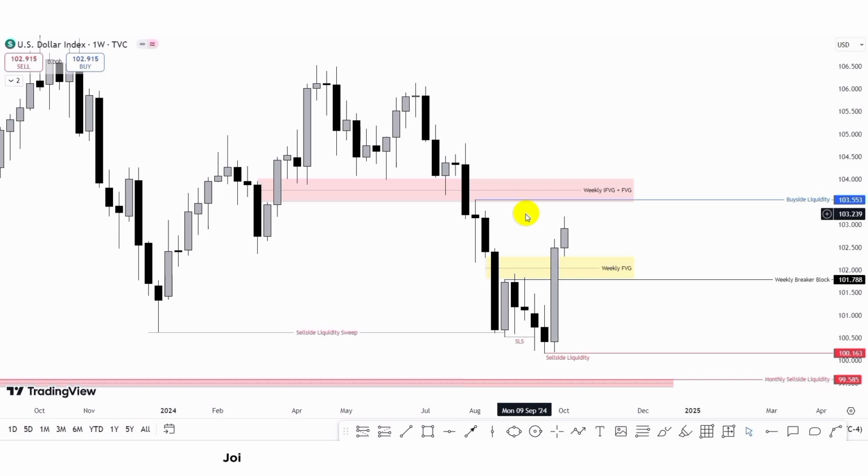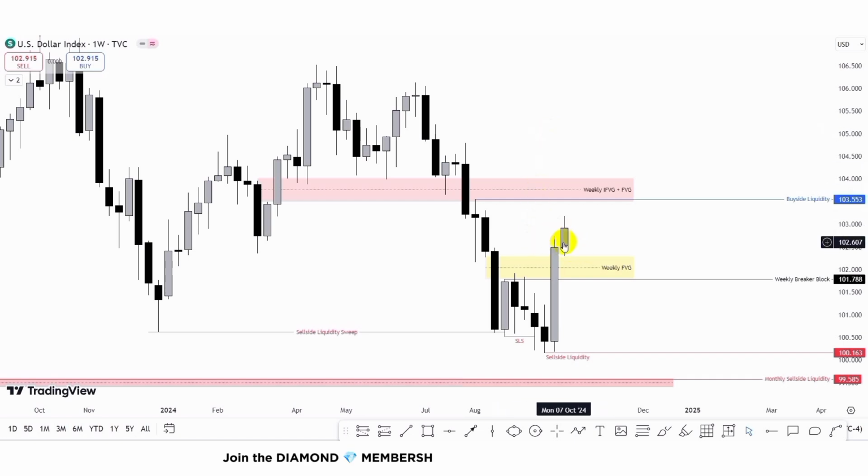Let's head to the chart to look at the forecast for the coming week. So guys, this is DXY and this is the weekly time frame. If you can remember vividly, last week I told us to expect more bullish move of price to the upside. We're looking forward to see price raid this buy side liquidity and mitigate this weekly inversion fair value gap and fair value gap. Because you can see this is where we have the last bullish move before the bearish move to the downside that took out all this sell side liquidity.